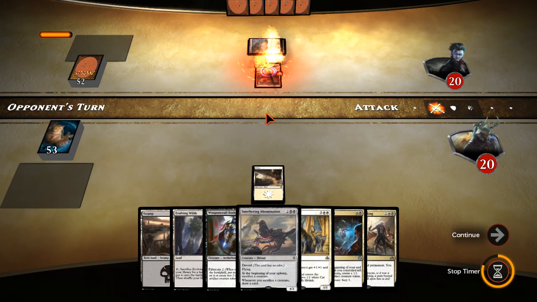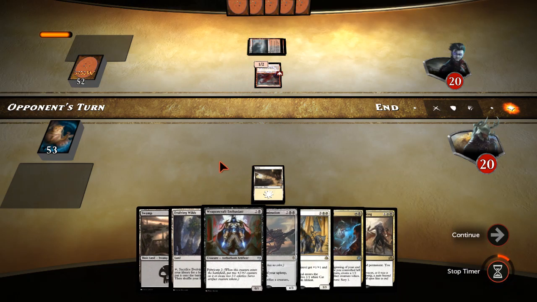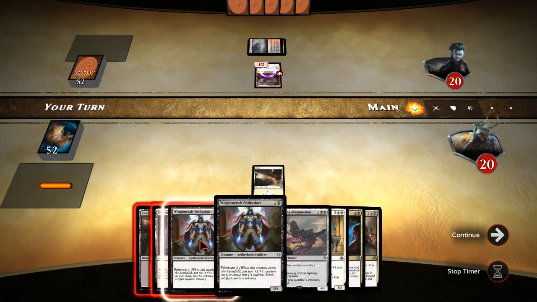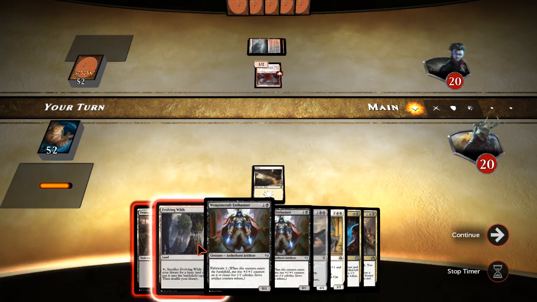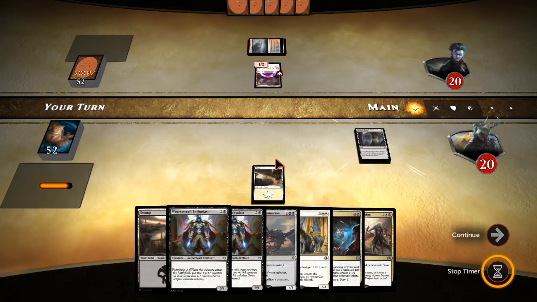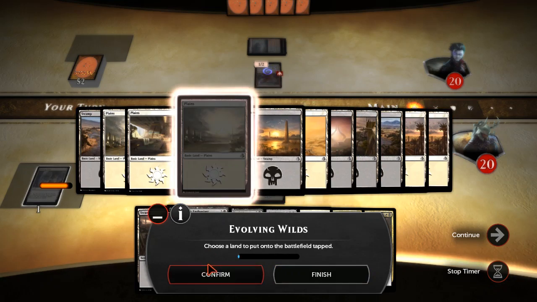With this sudden change of events, I probably would have liked to play out Weaponcraft Enthusiast turn 3, but you know, things happen. I could still do it and just say screw Hidden Stockpile. Yeah, goodbye Hidden Stockpile. We're basically doing nothing turn 2 anyway, so...